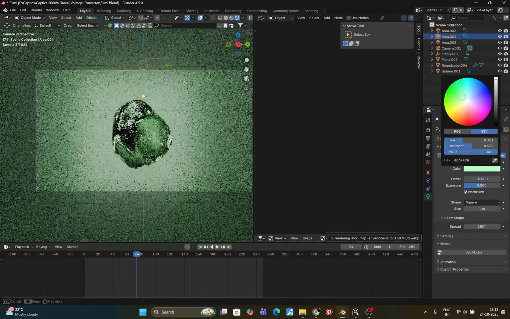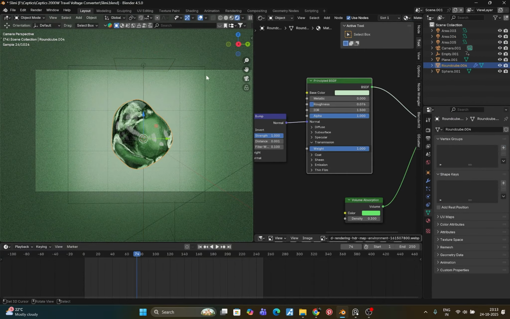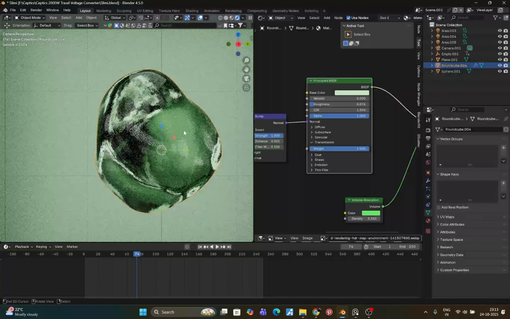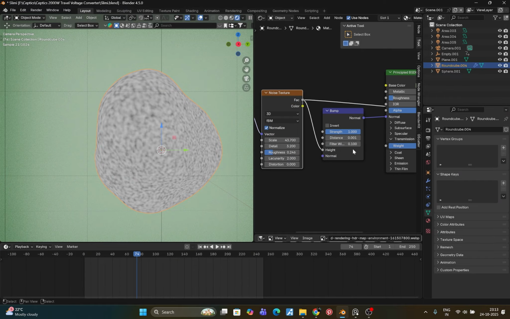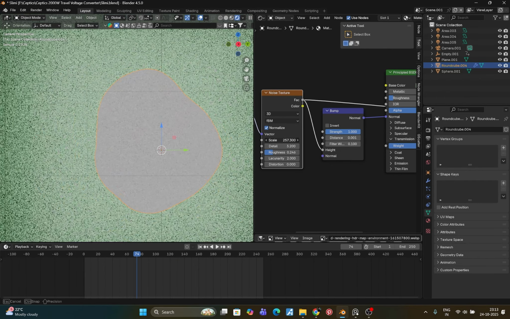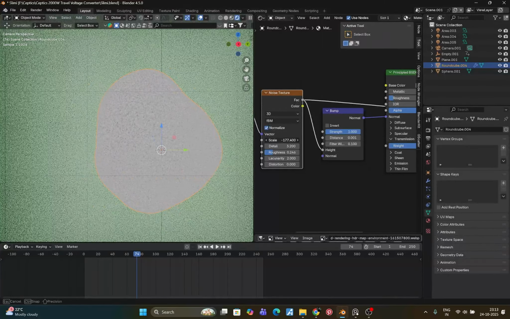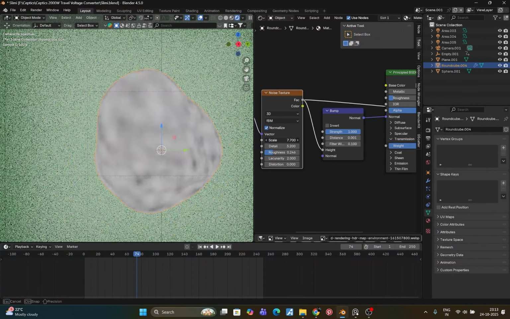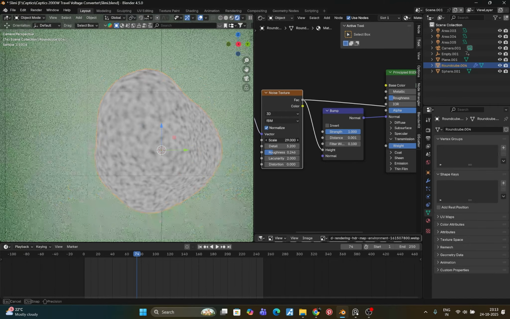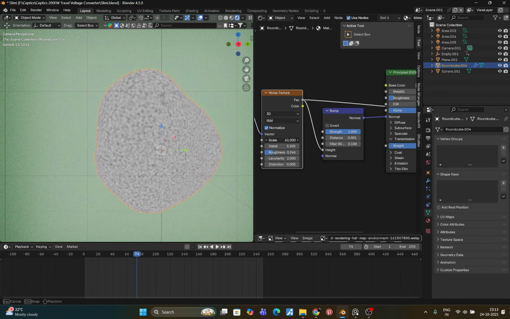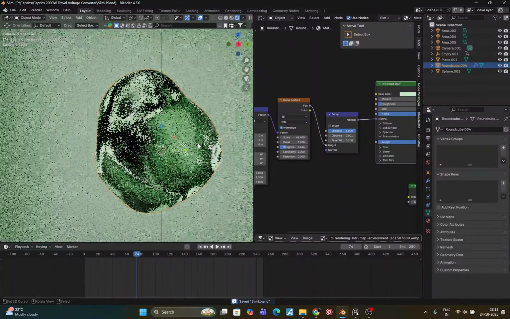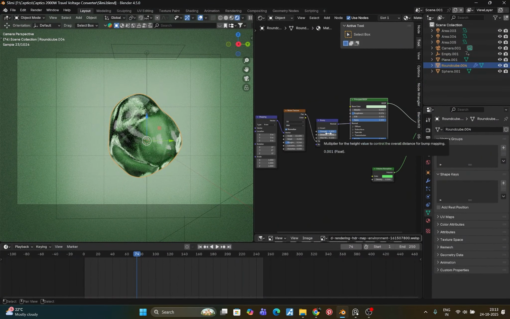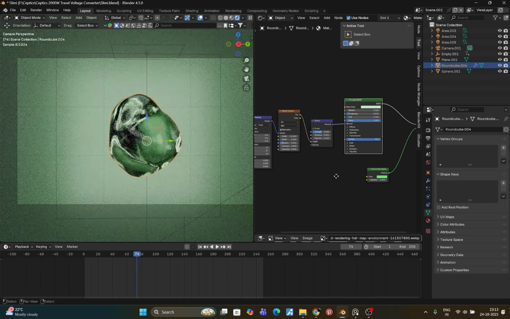Also let's make this yellow a bit, I am just not sure right now. Yeah, so right now I'm happy with these things. Let's reduce the strength a bit, and